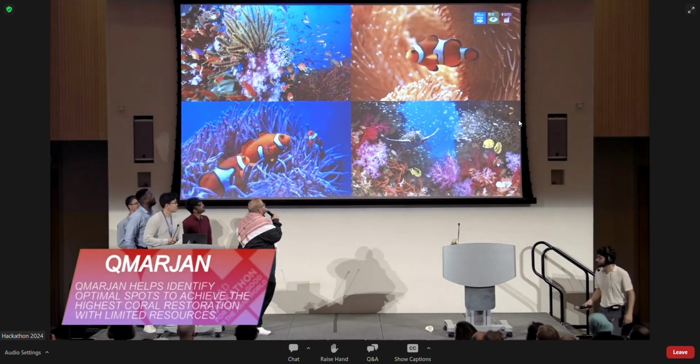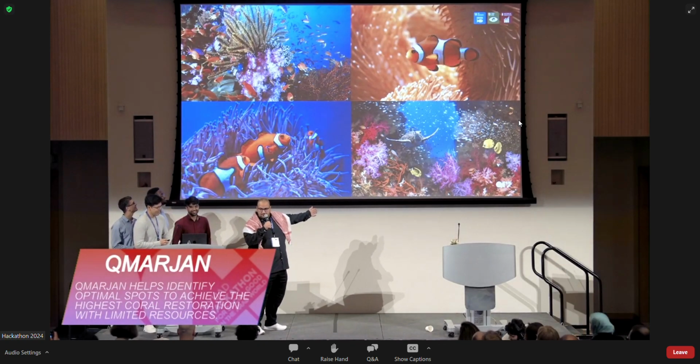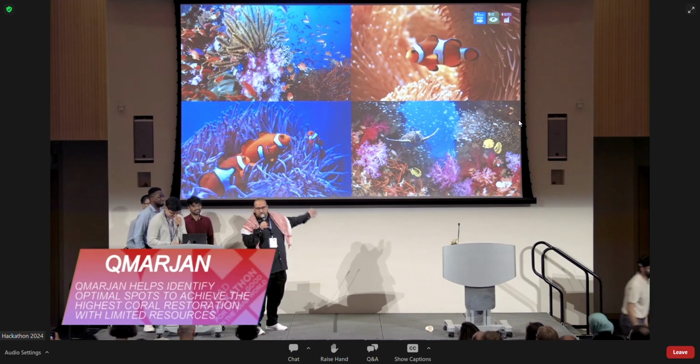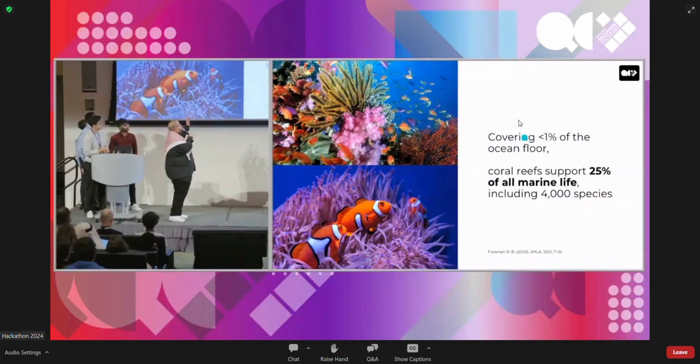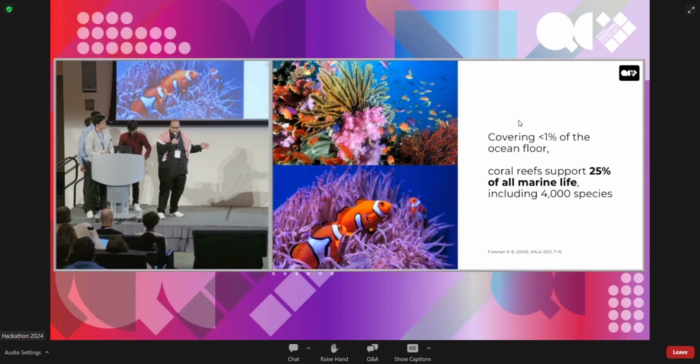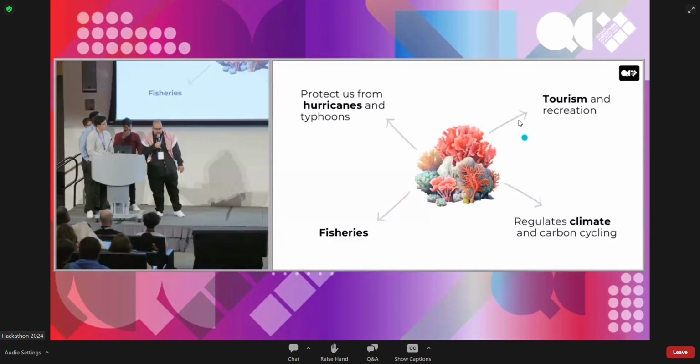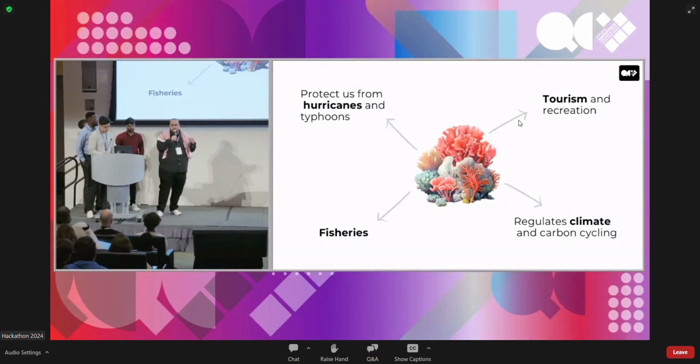MashaAllah. These are corals. Corals are marine animals. Yes, they are animals. They cover less than 1% of the ocean floor, and they support 25% of all marine life and over 4,000 species. On top of that, they protect us from hurricanes, and they help with tourism, fisheries, and climate